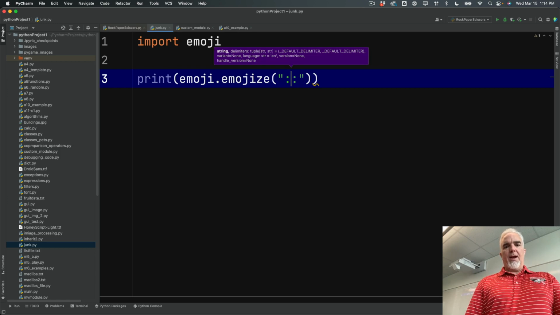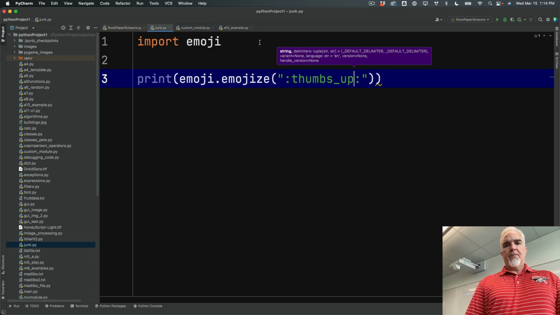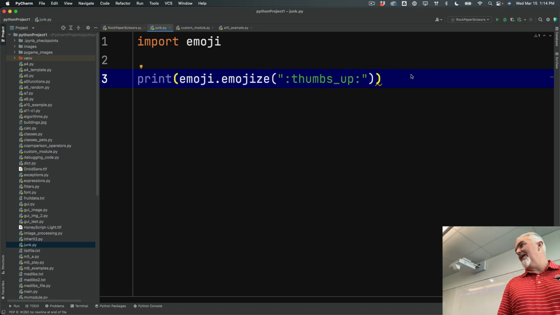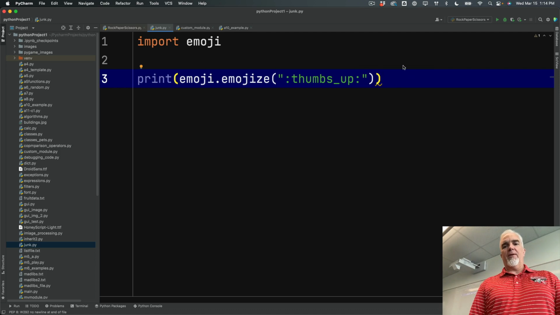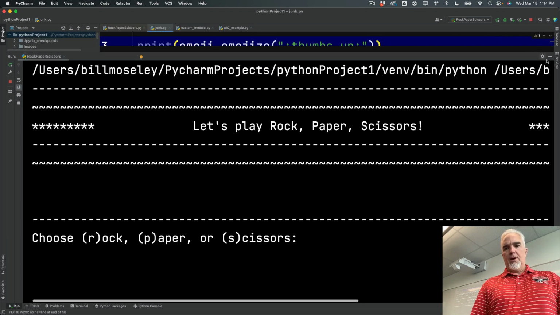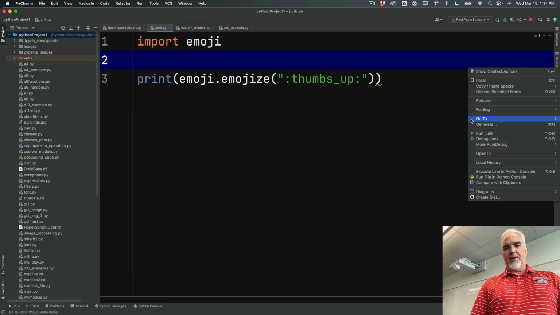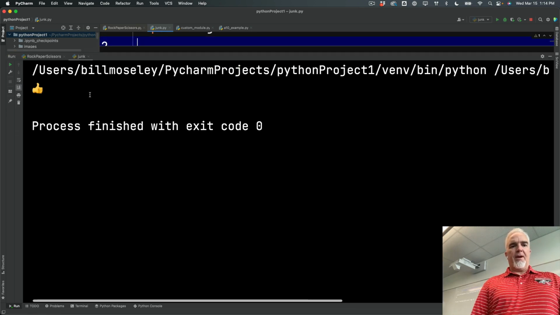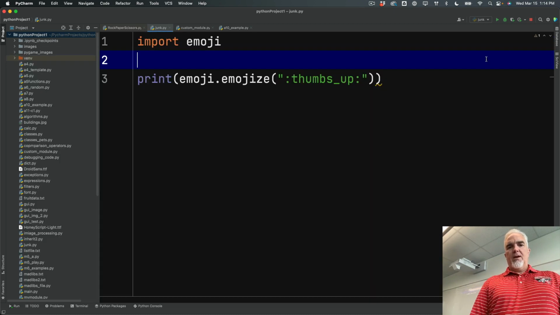It looks for anything in between two colons like this, and it will convert that name if it matches the name of an emoji. There we go. Then it will print that emoji for you,